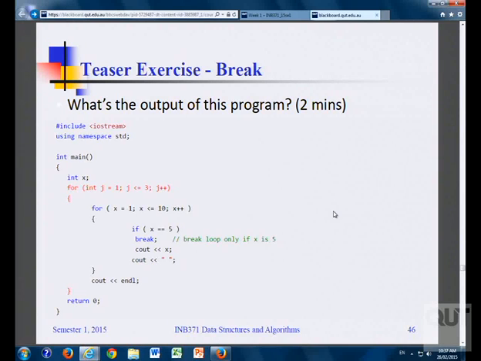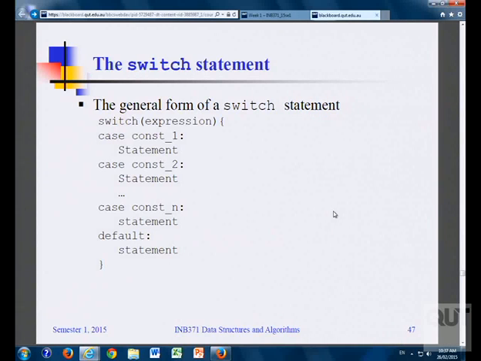We don't do break. Then we output x, which is 1, and put a white space, and next iteration we print a 2, and next we print a 3 onto the screen, and print a 4, and then when x value equals 5, the if condition becomes true. If the condition becomes true, then we break, then we jump out of the for statement, and we do the control transfer to the statement which